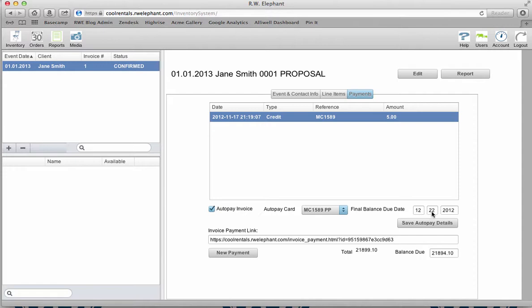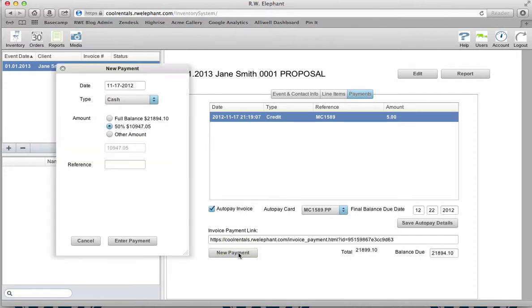And you can always change this date manually, but we suggest that you do that before sending the payment link to your customer so that the date they see on their payment page is the date that's going to charge their card. If in the future they decide they want to use a different card to pay their future balance, that's fine. You can either click on New Payment and enter their information manually here by choosing Credit